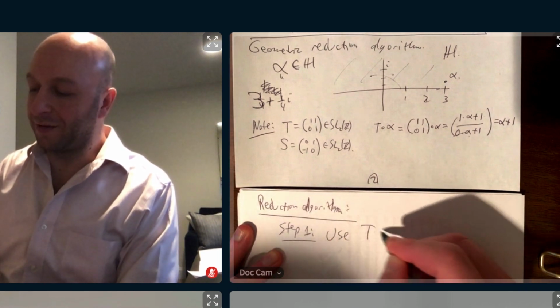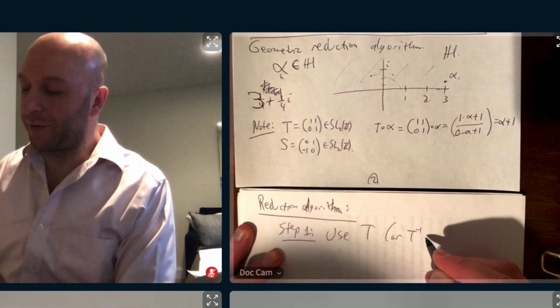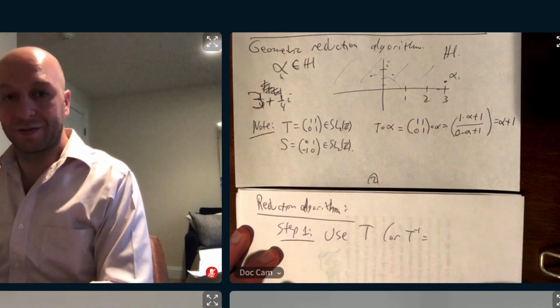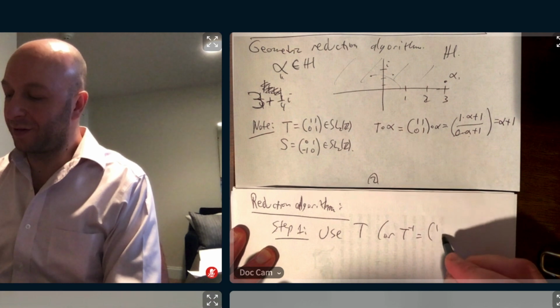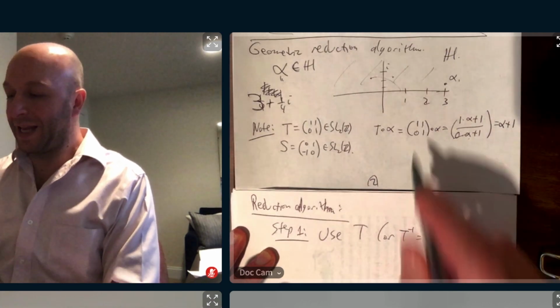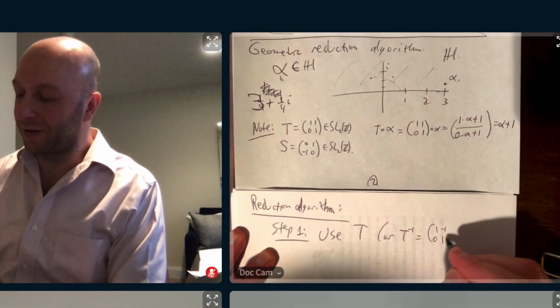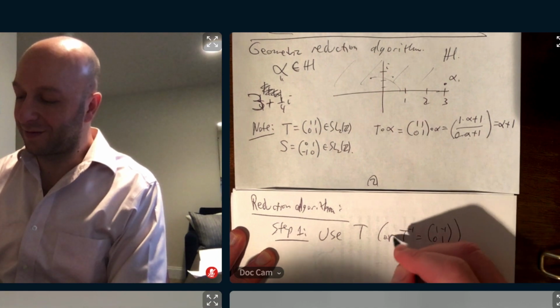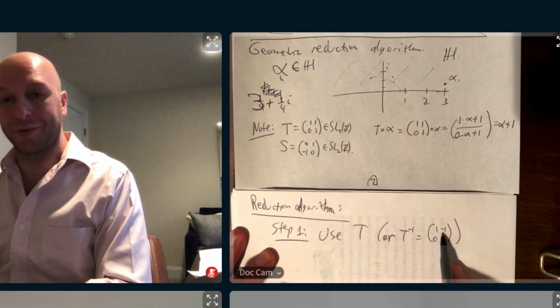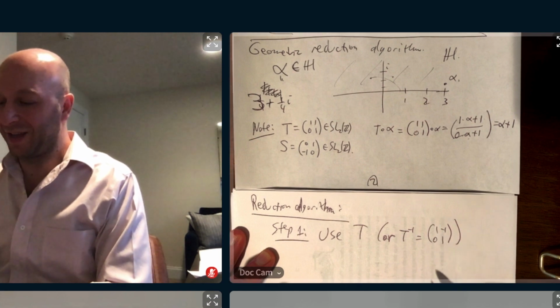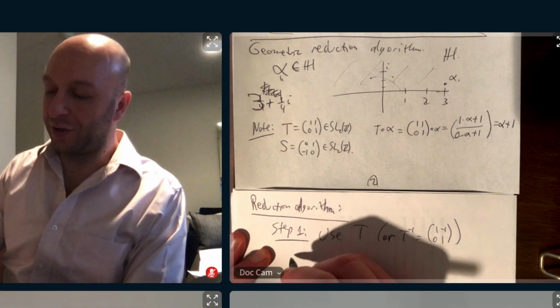Use T or T inverse. By the way, what is T inverse? I need to change the diagonal entries. The determinant is definitely 1. And negate the off-diagonal entries. Right, instead of shifting by +1, I shift by -1. Use T or T inverse to make the real part